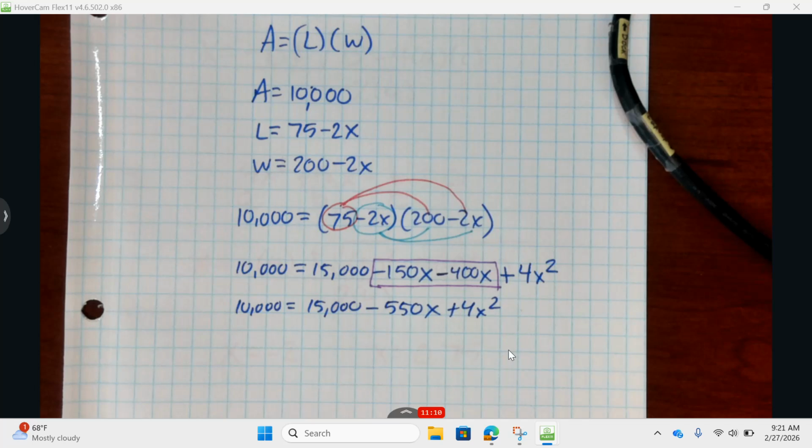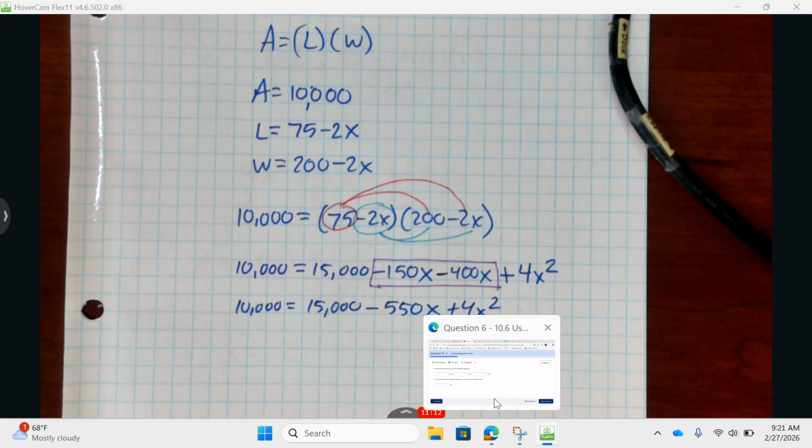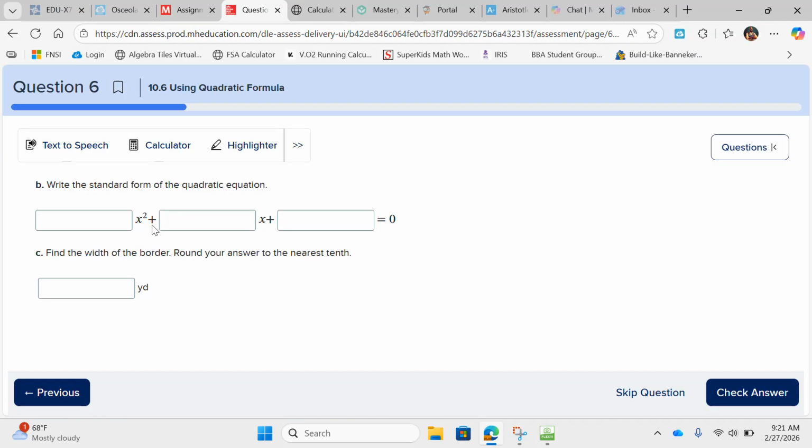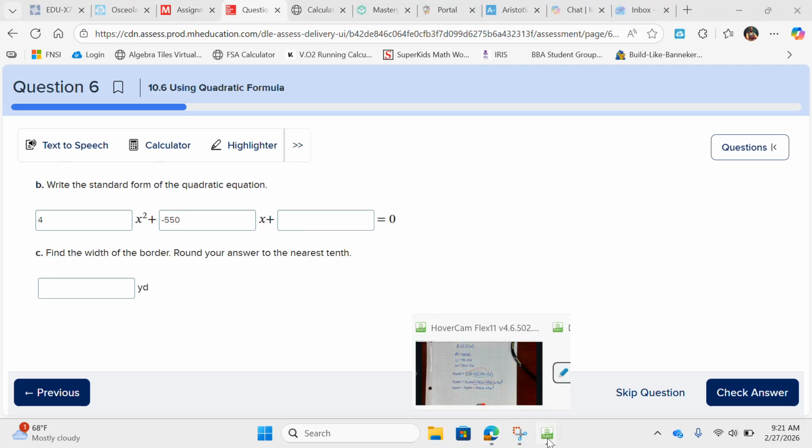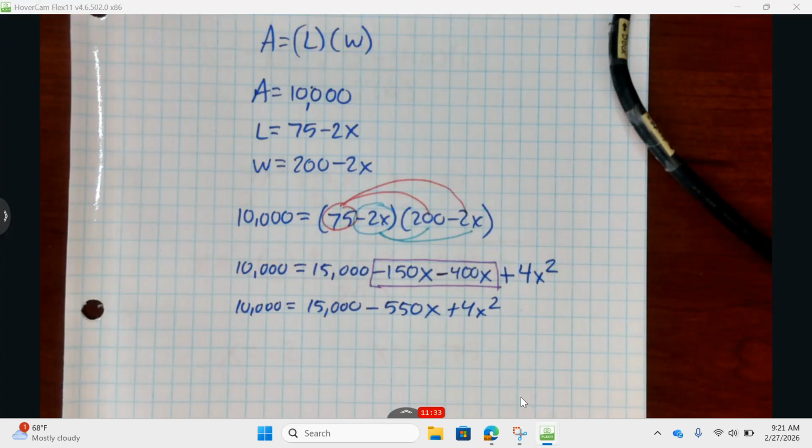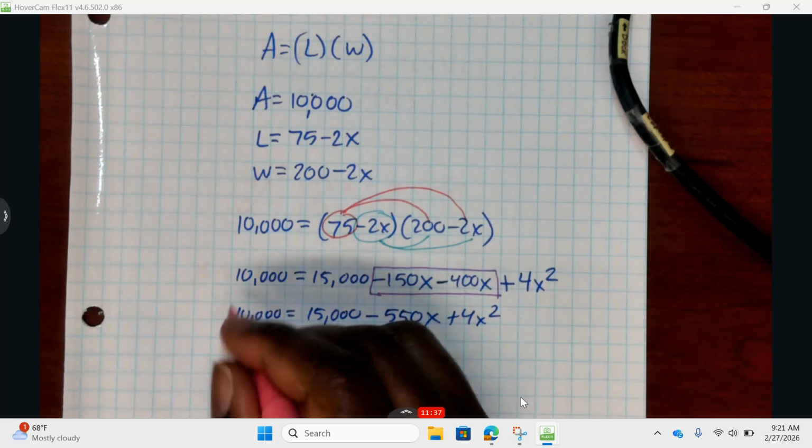So now I have it in standard form. I got the x squared part, that's going to be 4. I got the x part, which is a negative 550. I think I have the c. Here's the part. The thing is that I have 15,000, but it's equal to 10,000, and I need it to be equal to 0. So in order to do that, I need to subtract the 10,000 from both sides. So minus 10,000 here,